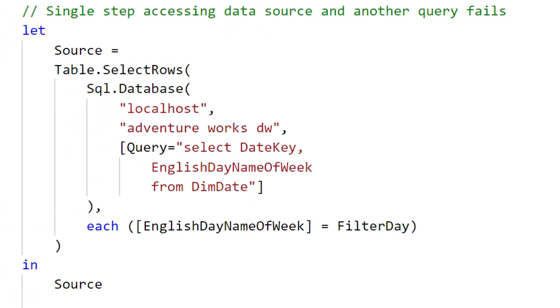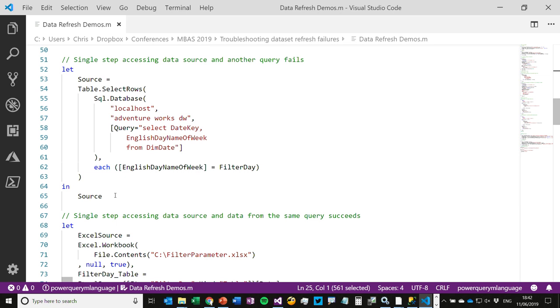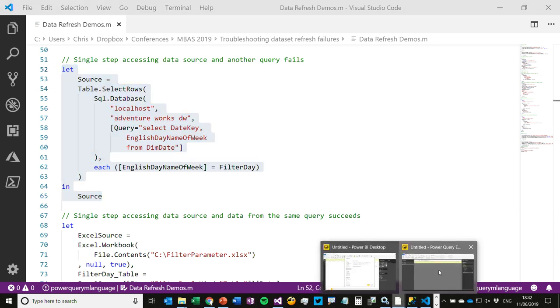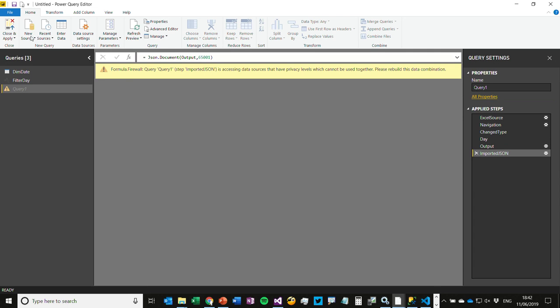This is very similar to what I was doing before, but now I've got a query here with a single step, and I am going in Table.SelectRows here to connect to the SQL Server database, and I'm connecting to this other query value, this value coming from another query inside the same step. In this situation, if I try to run this inside a new query, even,